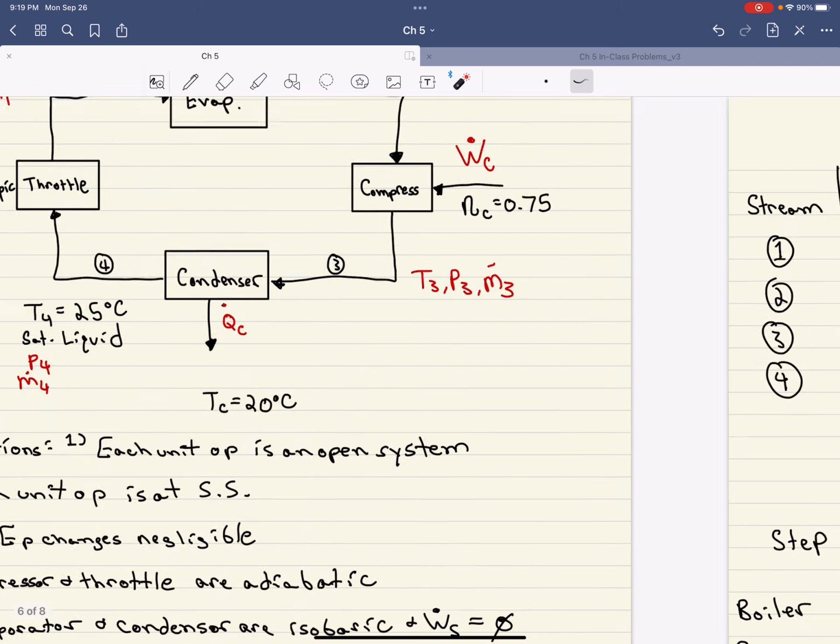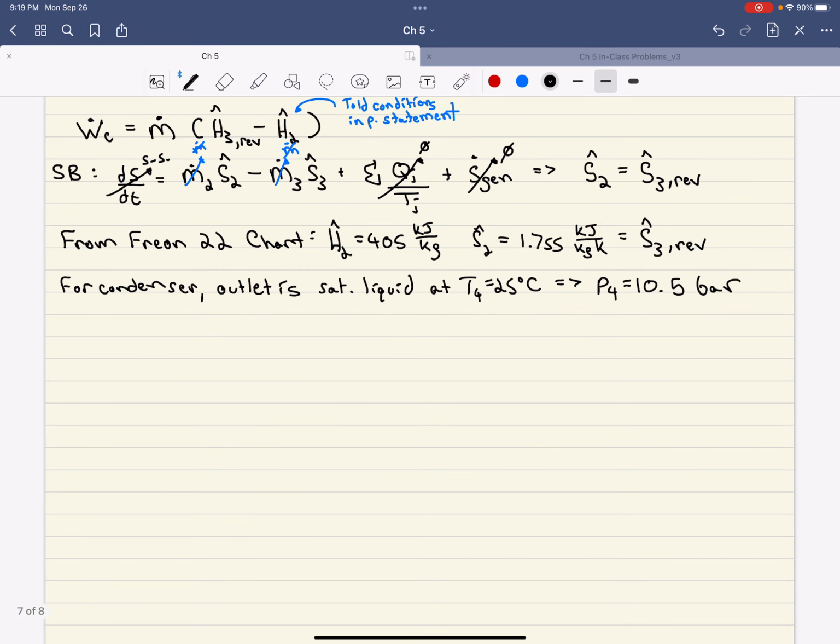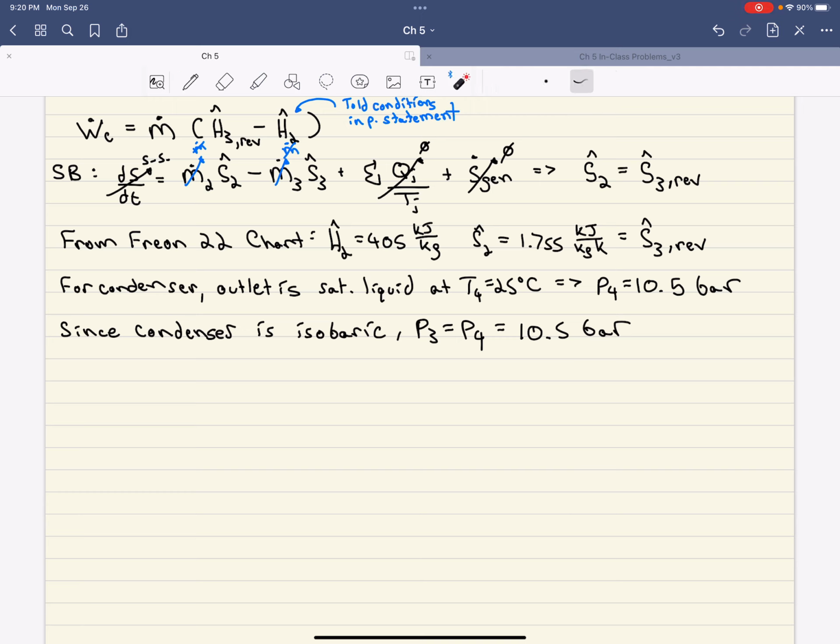Okay? So since the condenser is isobaric, that means P3 is going to be equal to P4, which is just going to be equal to 10.5 bar. Alright, and so now we know the pressure, the vapor pressure, or the pressure of stream 3,